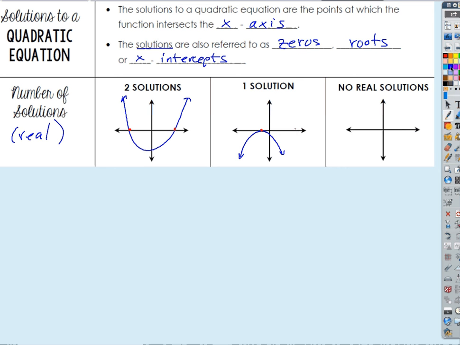We'll talk a lot more about that in calculus. What if there are no real solutions? Doesn't touch, okay? So this is going to be the case where the solutions that we're going to get are going to be non-real. So to start things off, I threw in a couple problems. And on your assignment here, by the way, or on your handout,